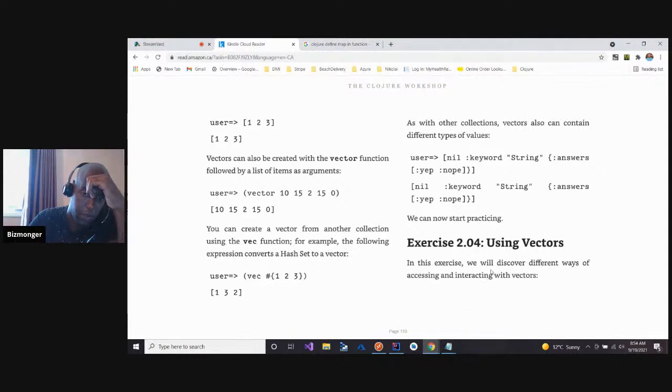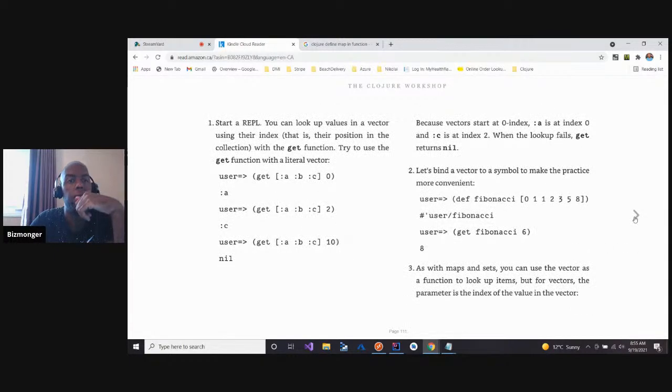In this exercise, we'll discover different ways of accessing and interacting with vectors. They say start the REPL, and then they say get, and then this is a vector of keys.